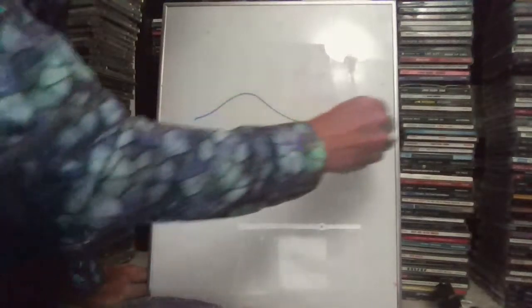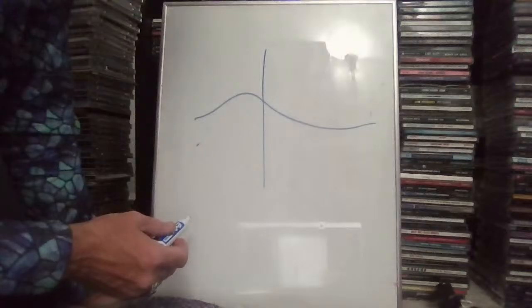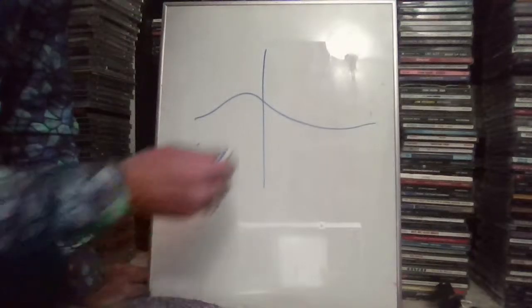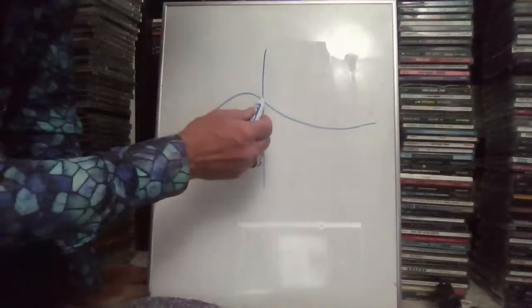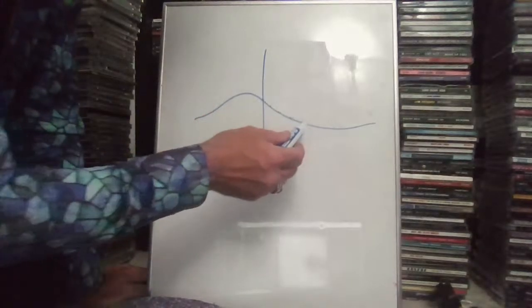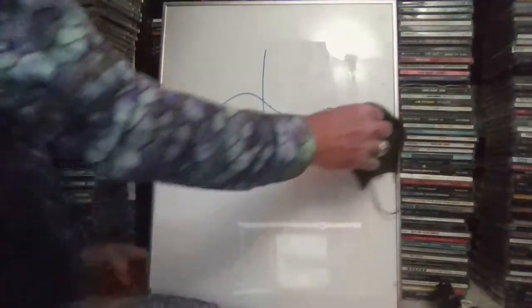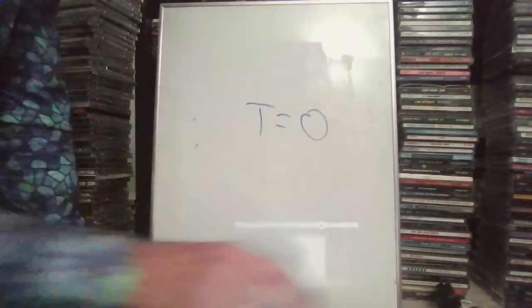If it's aperiodic, then actually the period is 0. It's the opposite of what I just said. It only repeats every dot at a time. Each dot is its own self. So in an aperiodic function, the actual period is 0. T equals 0. It repeats itself only at that point.